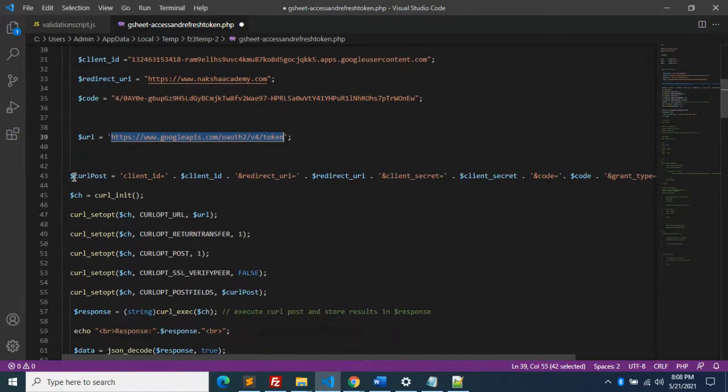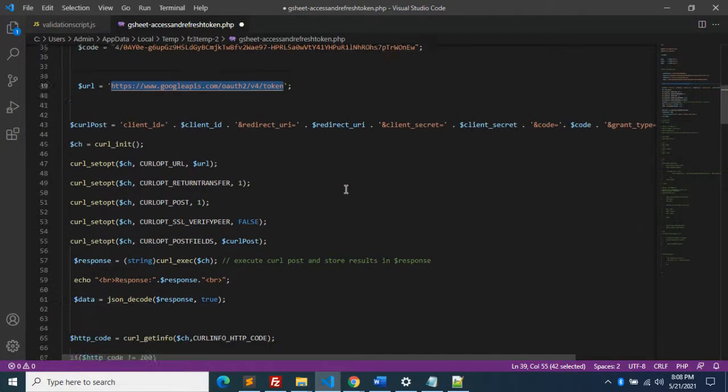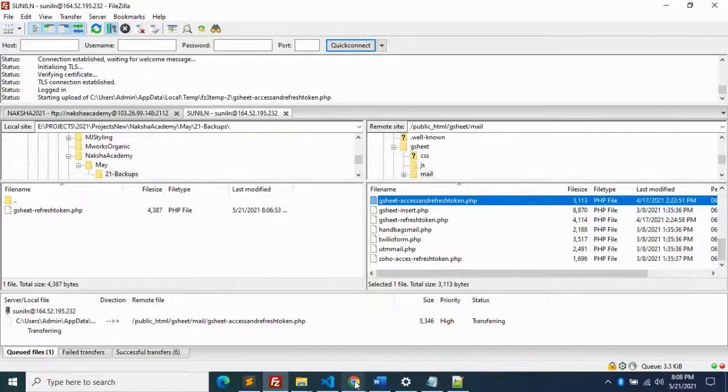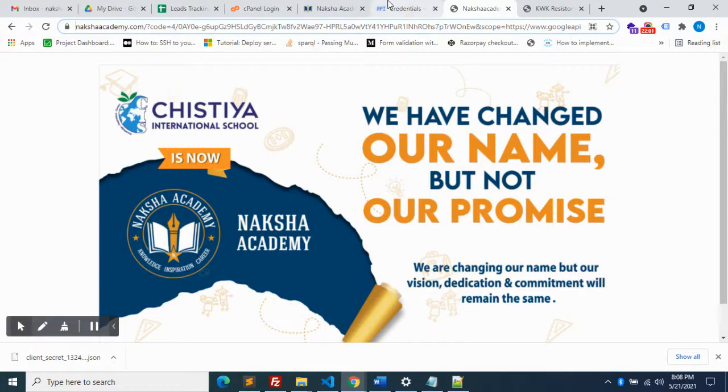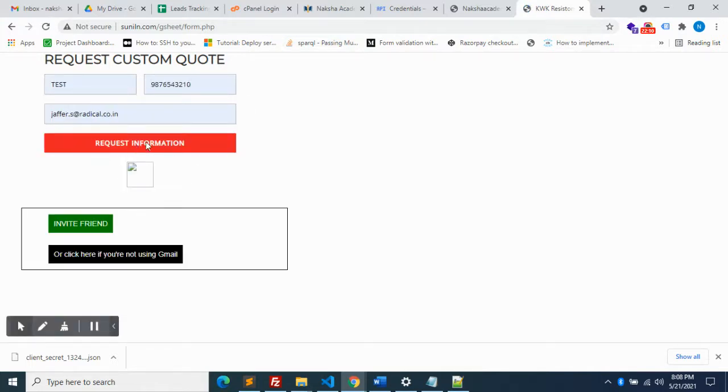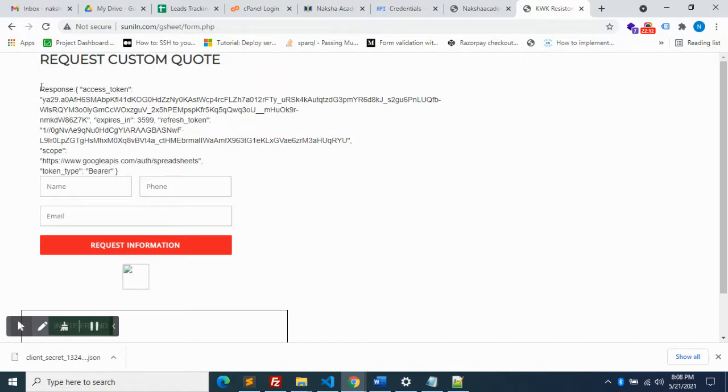So we are passing, using the curl post, the client ID, client secret, redirect URI, code, everything. Then from this you will get a response, and using that response you will get the access token and refresh token. For example, I already have a dummy form. I'll just test it out. Yeah, you got it.